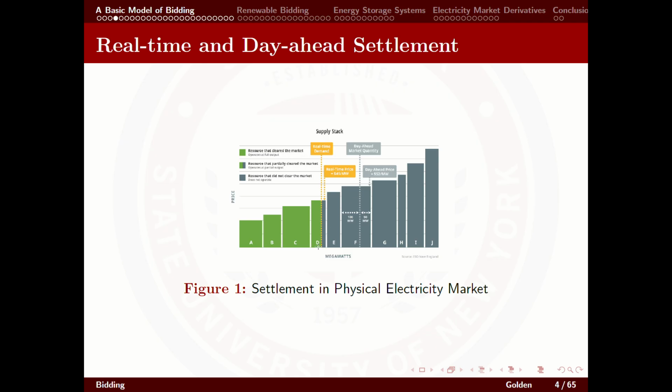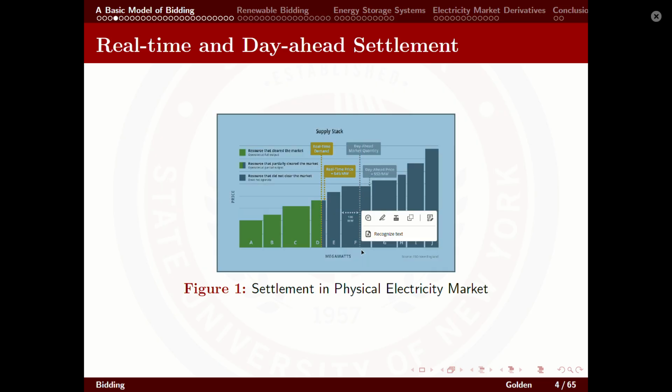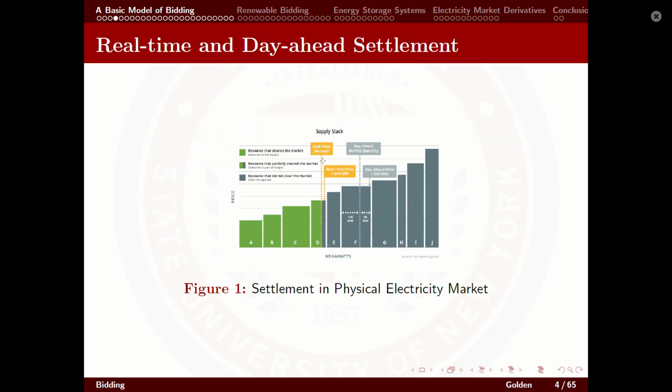So here is an example of how the settlement works in the physical electricity market. You have price on the y-axis, and megawatts, quantity of electricity, on the x-axis. And then you have green, which represents resources that are clearing the market. So in the day-ahead market, you have a higher expected demand than you have actually realized. Day-ahead quantity is here. So you've procured more demand than you thought, or more than you needed. Real-time market is here. So all these resources